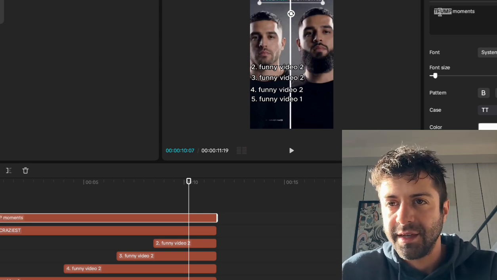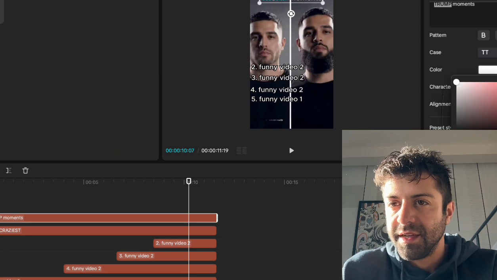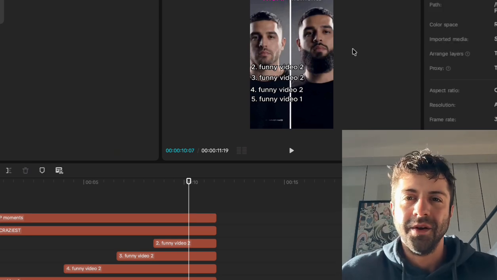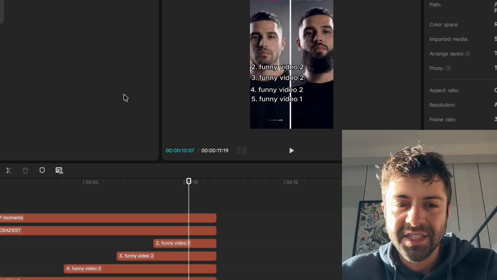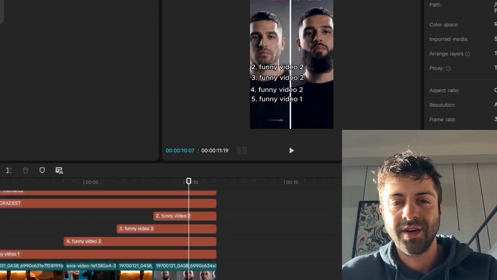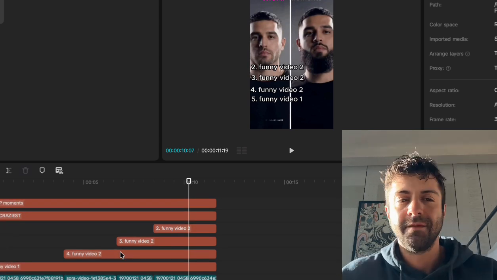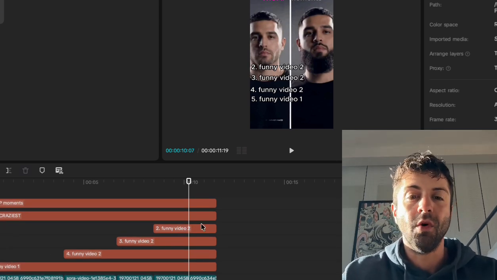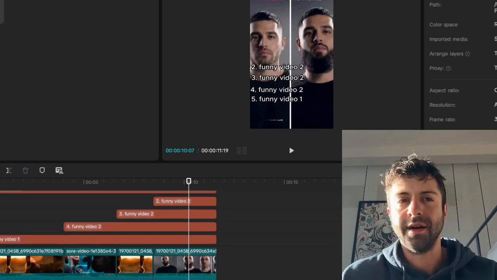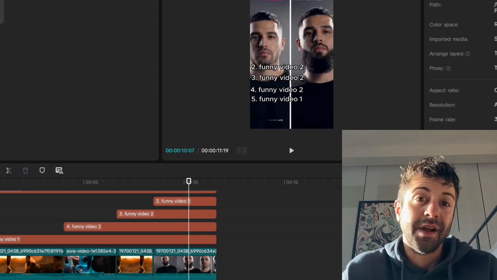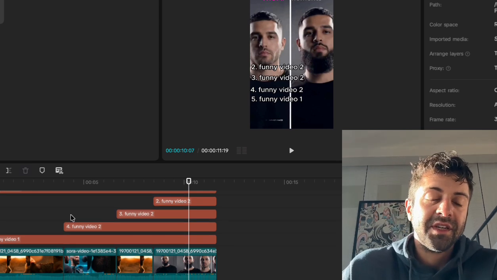And sometimes I like to even highlight this word, make this one a different color, right? Maybe we'll make that pink. So look, this isn't a Trump moments video, but this is just the layout. So look at how I have my text here. From there, you can add stickers, effects, transitions, but this is the basic format. You want to go 5, 4, 3, 2, 1. I know I forgot number 1, but you get the idea. Music, make one. Really, it's all about making sure your clips are funny and relevant and that people are actually interested in the content. If it's not funny, people are going to scroll away.